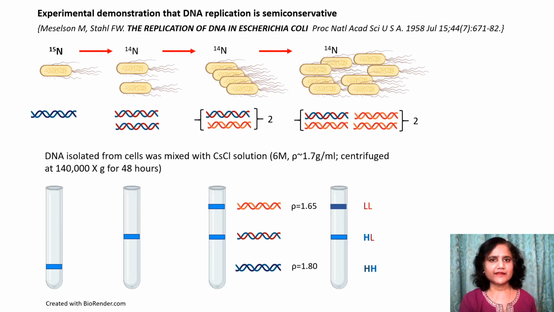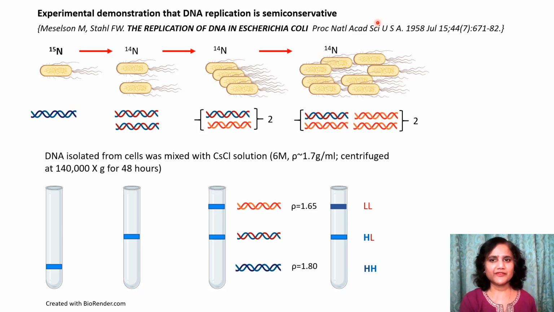In order to test the models for DNA replication, two scientists, Meselson and Stahl, did an elegant experiment using the heavy N15 isotope of nitrogen to differentially label the parental strand of DNA to distinguish it from the daughter strands having N14 incorporated after shift to the N14 based medium. This experiment has also been referred to by some as the most beautiful experiment in biology, and indeed it's a very elegant classic experiment that all of you should read about.